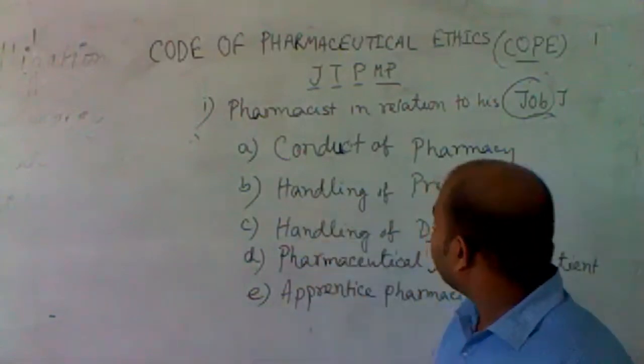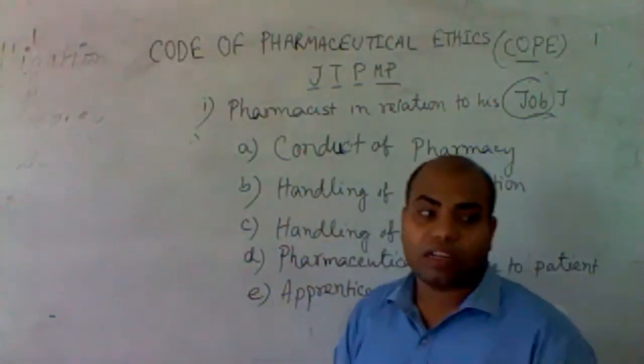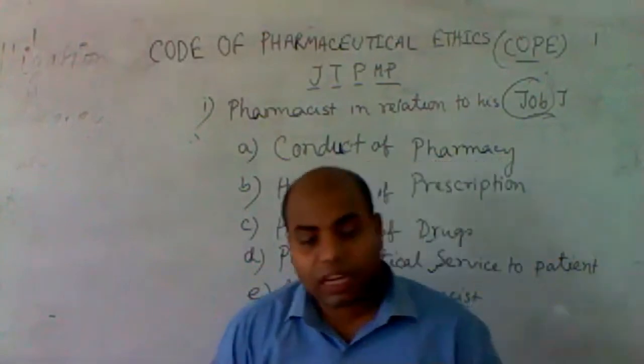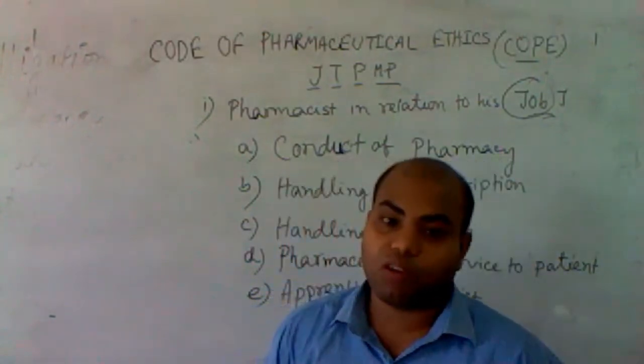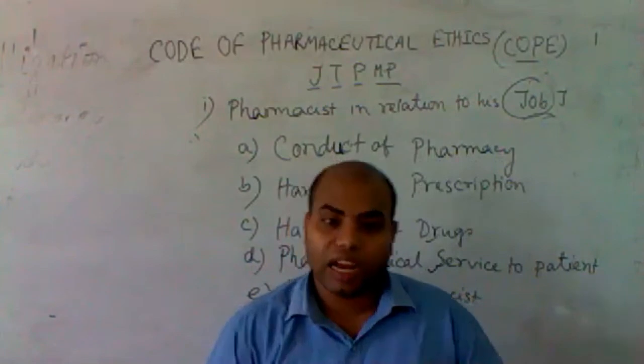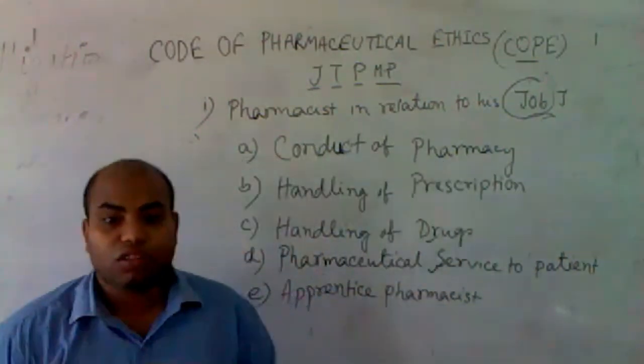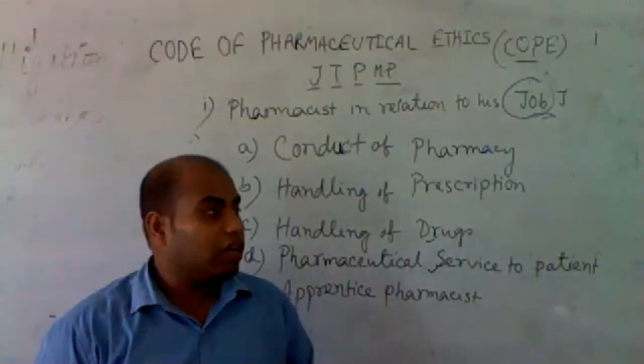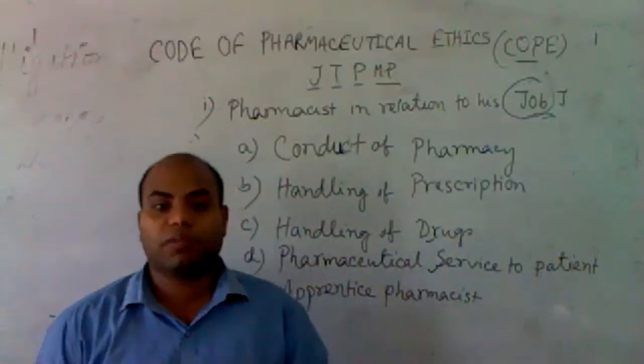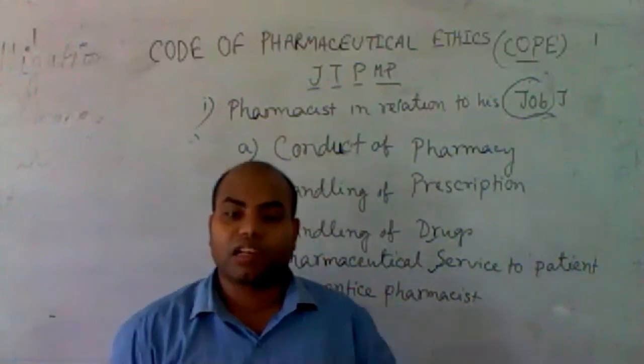Next is handling of prescriptions: there may be some mistake or something wrong, you should not misread it, and you have to behave like a pharmacist, not as a doctor. You have to contact the responsible physician or doctor regarding that